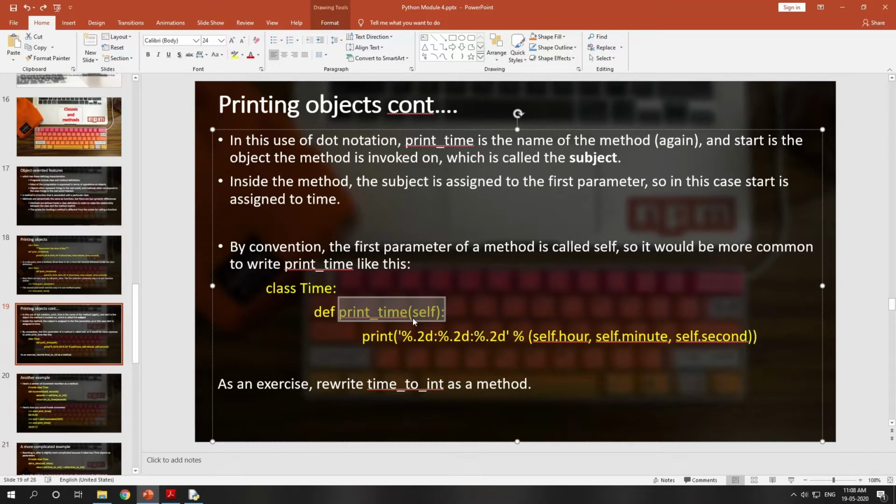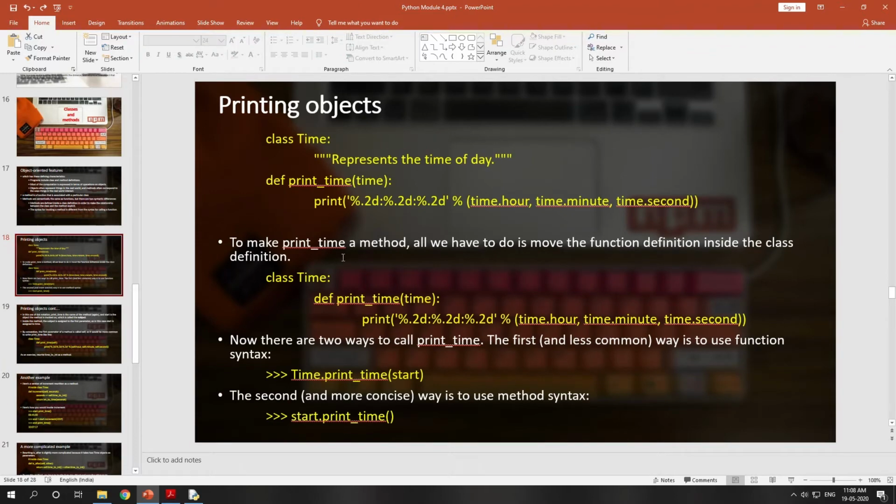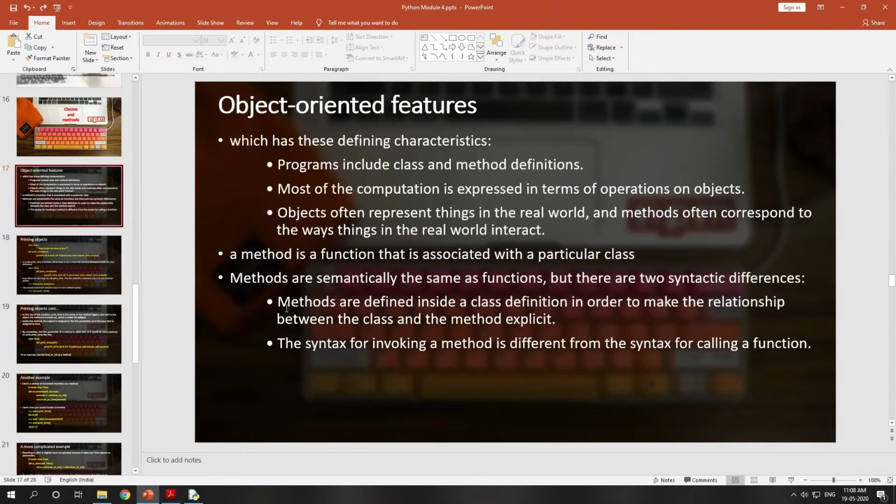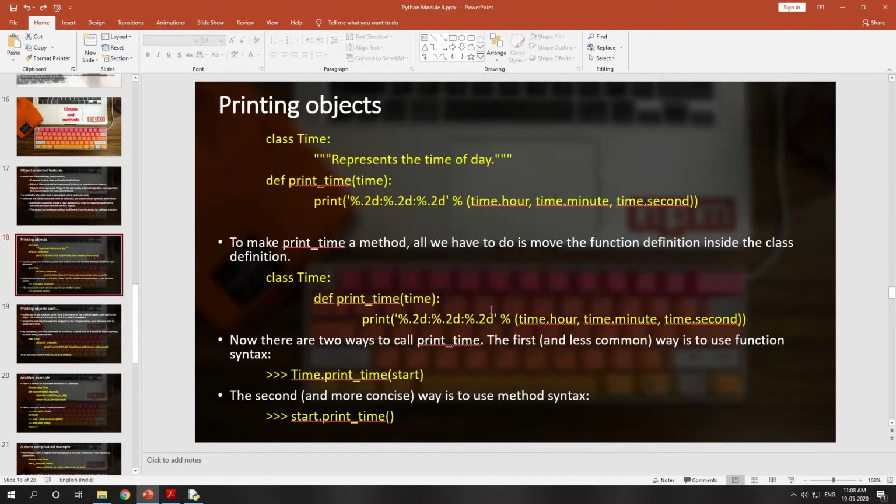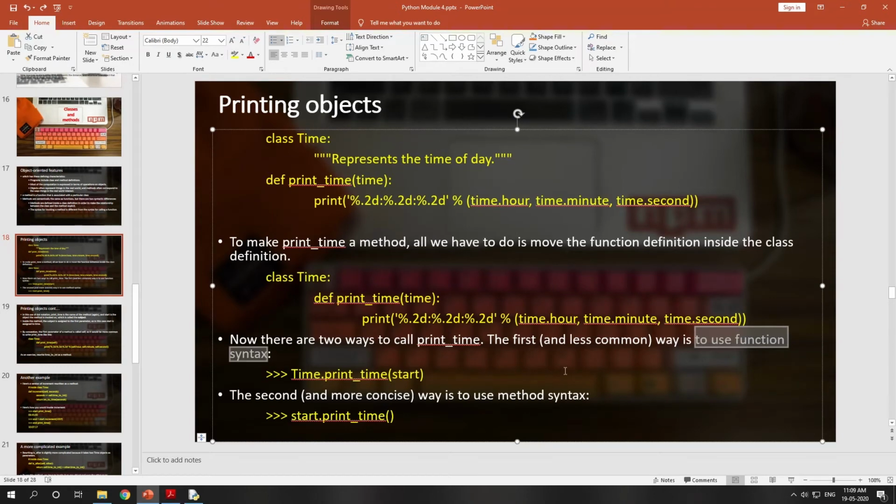Now let me explain again. There are two ways of calling these methods: one is using function syntax, another is method syntax. In method syntax you use the object name, dot, the method name.